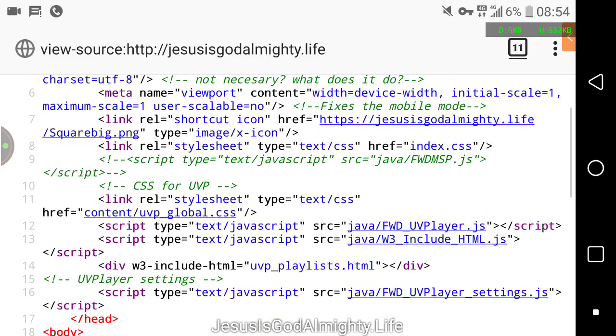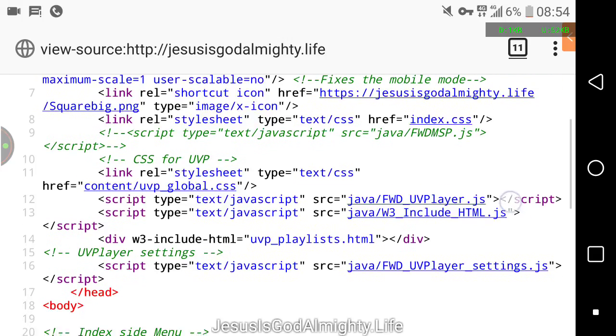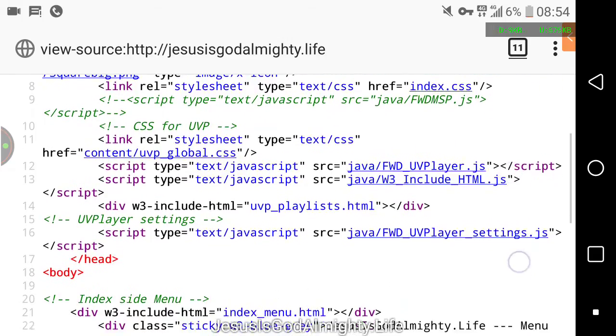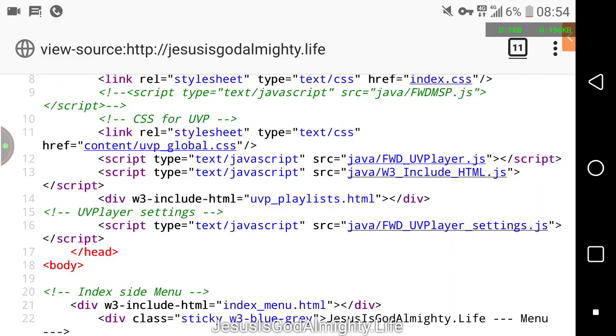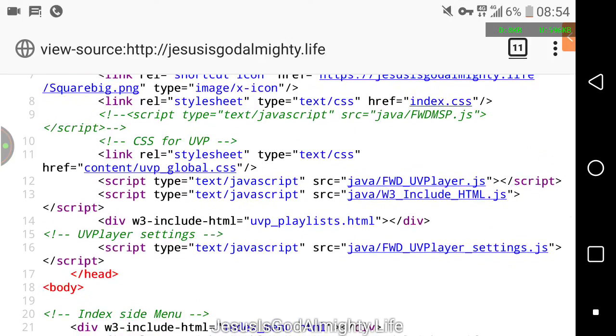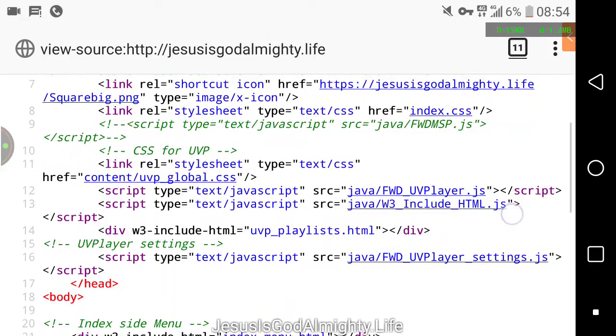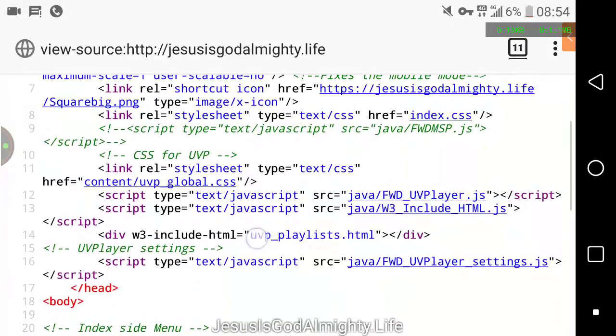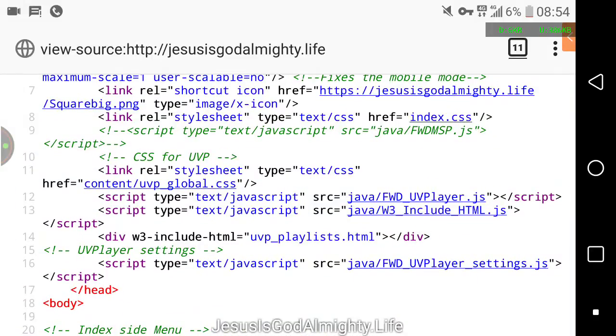Oh yeah, but no, that's the player, I guess. I wonder where it is. Oh yeah, no, that's in regards of includes it already activated. So there we go. So here we have the Java W3 include HTML, and so here we have where it includes a UEP playlist,